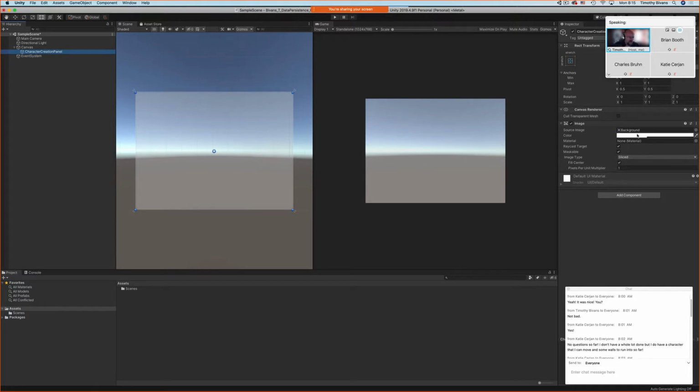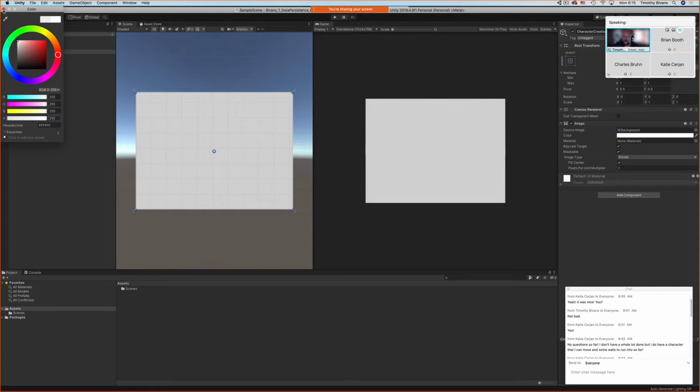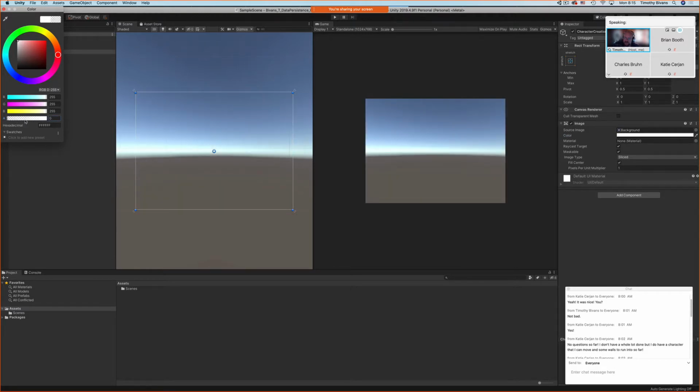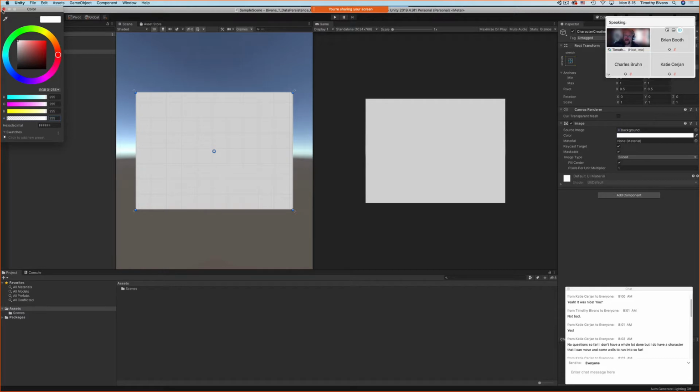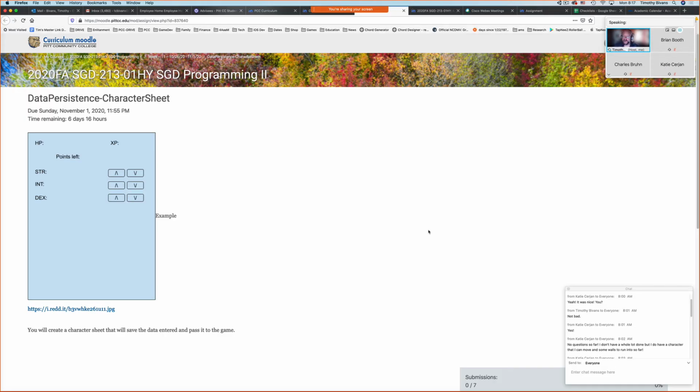All right, we'll make this completely opaque for now. One of the cool things about panels is that they can just be containers, and you can turn them all the way off and not see them at all, right? And that's very common too. But when you're creating this stuff, sometimes it's helpful to actually see what you're doing, right? All right, so it's the character creation panel. And what we're going to do here is create several different things inside of this, right? This is going to hold everything else. All right, so